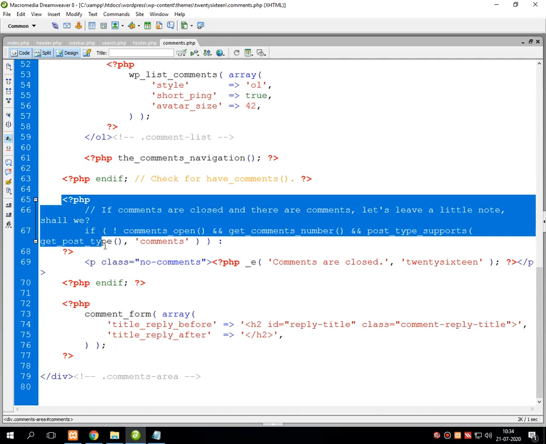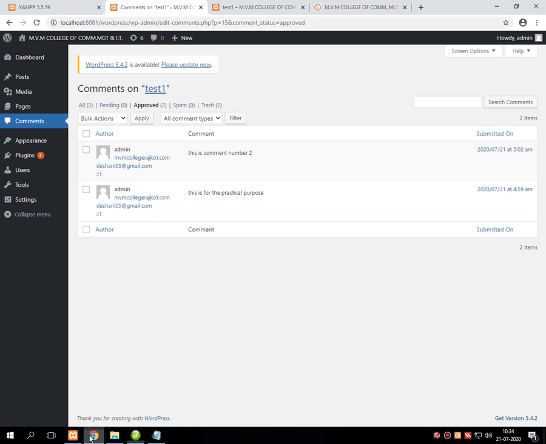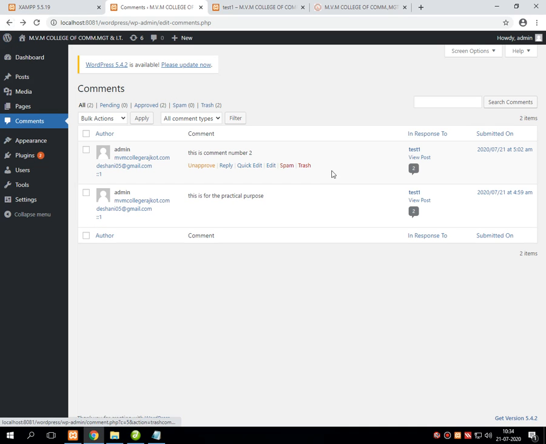Now once the comment is received from the user side, at the admin side there are 2 options given. One is to approve the comment and another is to unapprove the comment. Suppose I press unapprove, then that particular comment gets unapproved from the admin side to the client side.